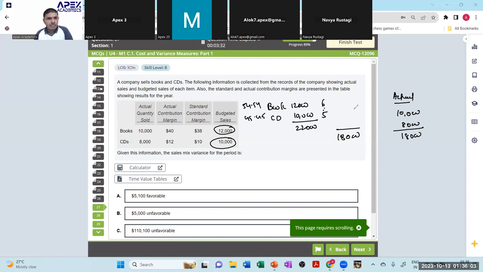अब करो, 18,000 इंटू 45.45 परसेंटेज कितना आएगा, 8,182। मैंने डेसिमल राउंड ऑफ किया है, और 18,000 मल्टीप्लाइड बाय 54.54 परसेंटेज, ये 9,818। ये 18,000 आएगा। अब स्टैंडर्ड कंट्रीब्यूशन मार्जिन में, देखो कितना बेचना चाहिए था, कितना बेचे, तो फायदा हुआ 9,818 माइनस 10,000, 182 फेवरेबल मल्टीप्लाइड बाय 38, तो कितना आएगा, 6,916